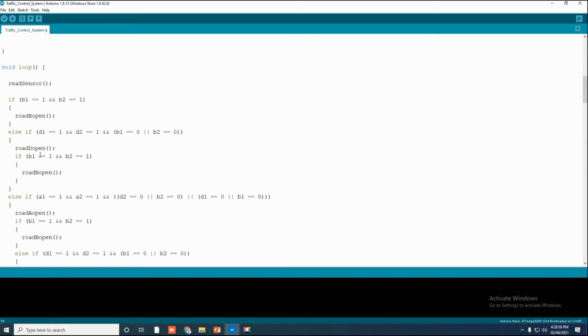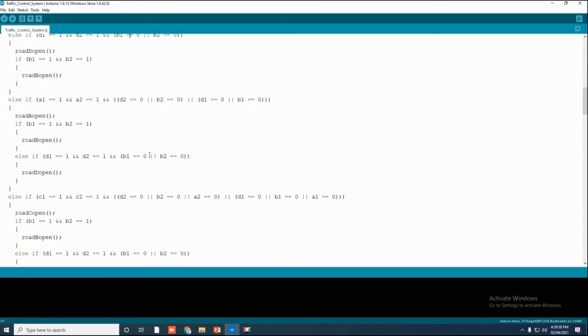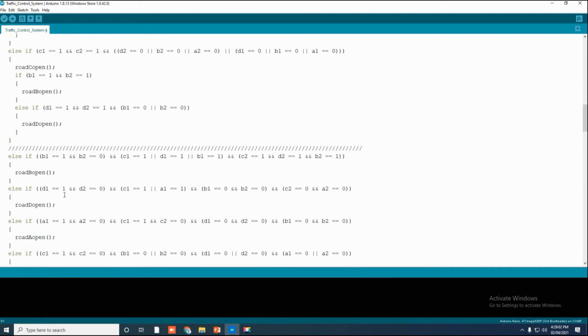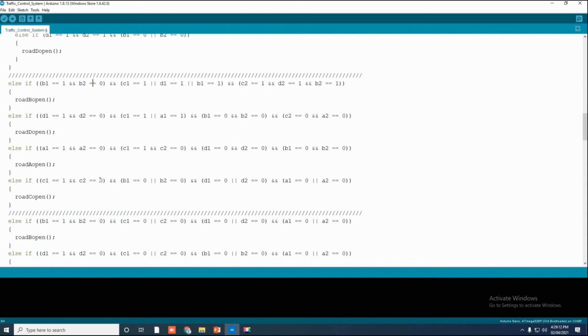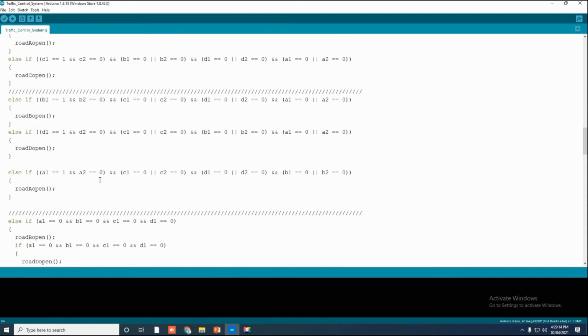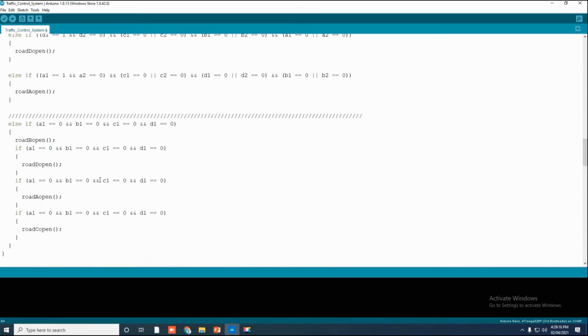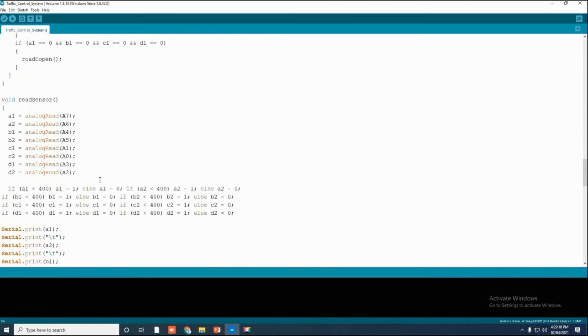If sensors B and D both read, the priority of this is higher for B. This is how it works. If there is one reading and there are two readings on this, you will get the output only on B. On the density of the traffic, you will get the output.